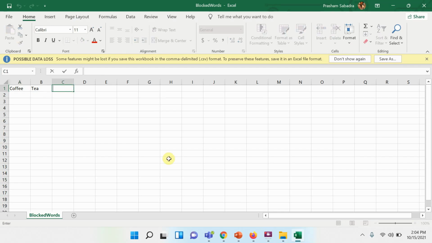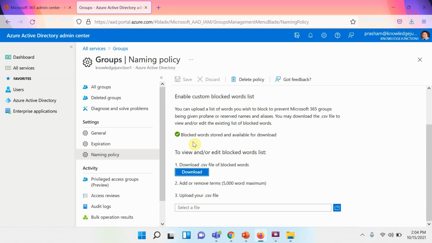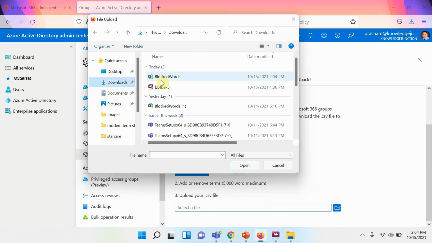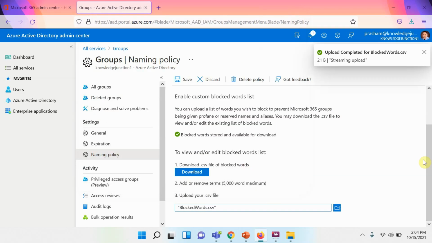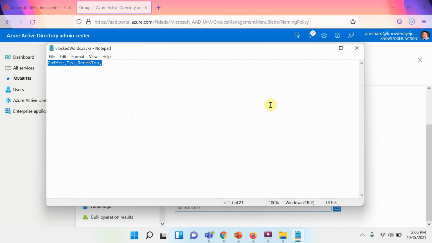And if I give here green tea, let's upload it. Make sure we are saving it. Just make sure by downloading it, it's green tea here.